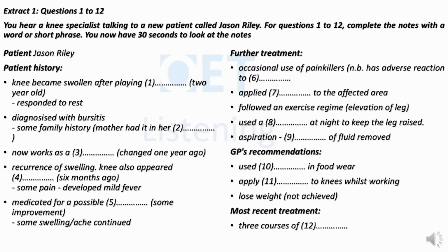Good. He told me that I should think about losing a good few kilos as well, but I like my food, as you can see, and I haven't made any progress with that so far. But things weren't getting better, so then he started giving me cortisone injections. I've had 3 of those so far. And what effect did they have? They really helped. Much less swelling, and the pain's better too. But that's the problem. He now says that with those sorts of drugs, you can't have more than 3 of them in the same knee in a year. I'm up to the limit, and it keeps coming back, so really I'm hoping you'll be able to come up with something better. Okay. Well, let's have a look, shall we? If you can...